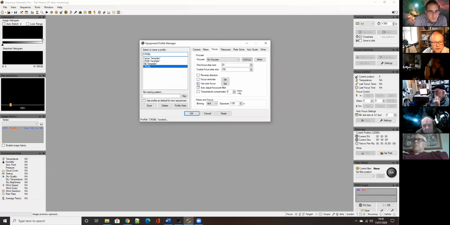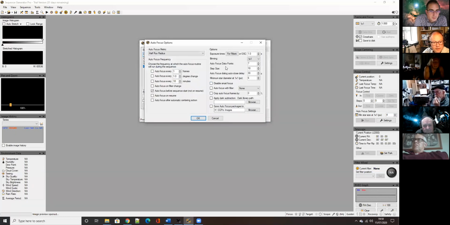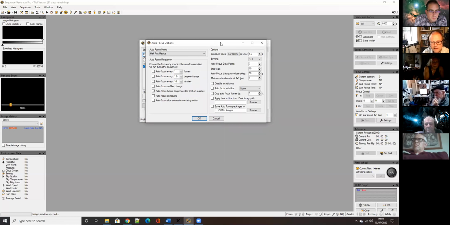If you want to use autofocus, tick on that box. And I'm not going to run through this in a huge amount of detail. We will do that in another session, though, most definitely. But this is where you set up, and again, you've got the same sort of notification or the same sort of parameters to run the autofocusing. But this is where you would set up your autofocus parameters. And the key